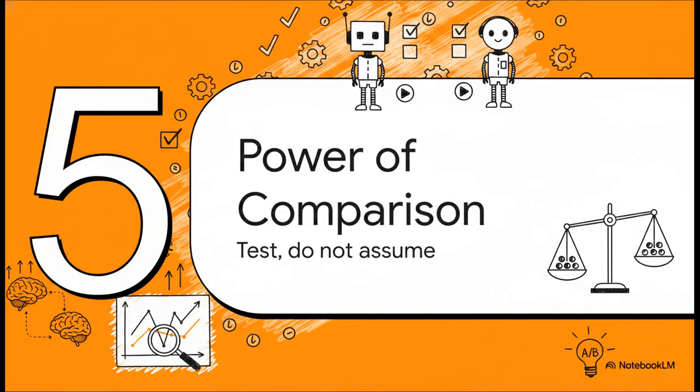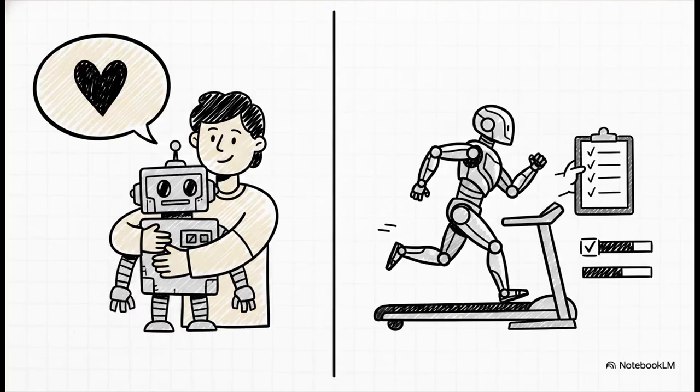Which brings us to our final stop, Section 5, the power of comparison. This is why we absolutely have to put our AI candidates through a trial shift. So, the crucial point is this: performance must be tested, not assumed. If we skip the comparison phase entirely, human bias creeps right in. We might pick a weaker model just because it's an algorithm we're personally familiar with, or maybe because it's easier to code up. Comparison forces us to be objective. It completely transforms model selection from a hopeful guess into a rigorous, evidence-based process.